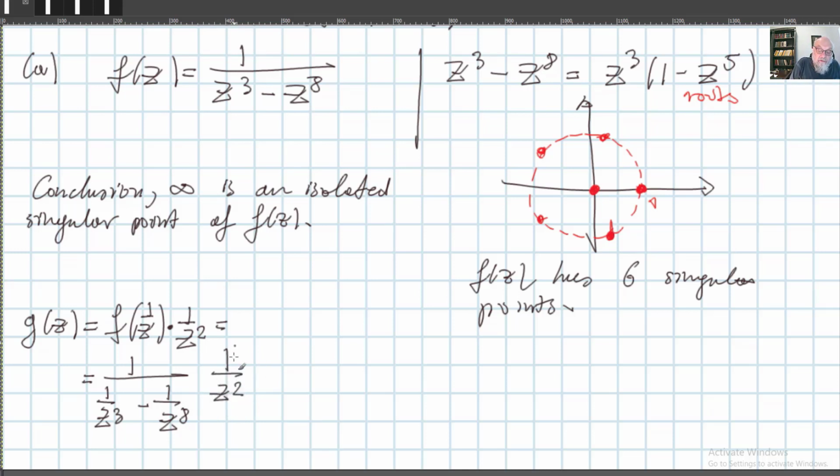Yes, remember there's always an additional term. Now we can simplify it. Maybe I simplify it, and you just check if I'm right. So this will be z to the power 5 minus 1, and I'm getting this particular